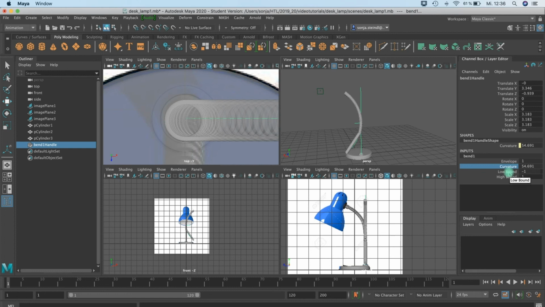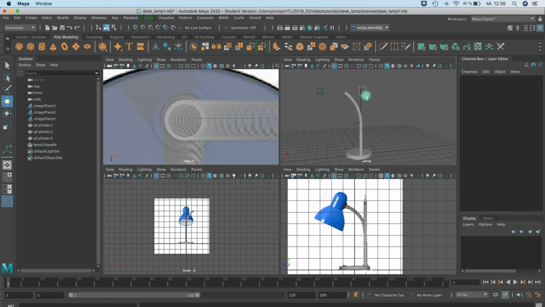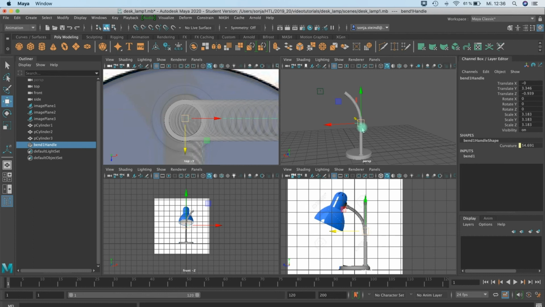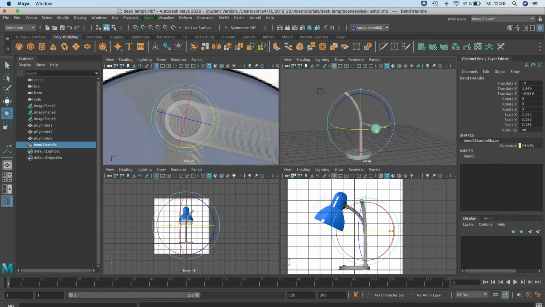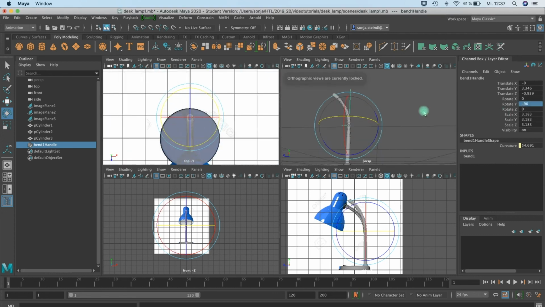So the first thing I do is I put the low bound to 0, okay? And then you see the green line, it should be selected, and you have to rotate it, okay? I rotate it here minus 90 degrees in the y-axis,